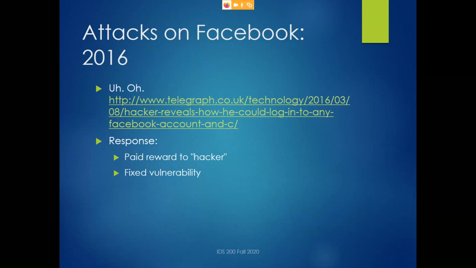2016, this was one. Remember I said in a well-designed system, a brute force attack should not happen, but not all systems are well-designed. Well, in this particular article, what happened is that some Facebook engineers were retooling a feature and they created basically a duplicate entry point to the Facebook system. Now, ordinary Facebook, if you try to enter your password a few times and it isn't correct, your account will get temporarily locked, right? You can fix it, but it'll get locked for a while.